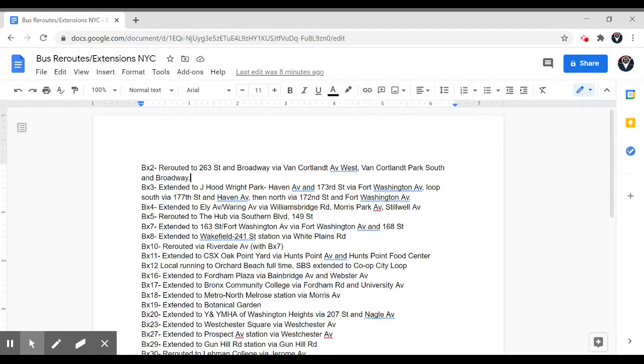So the BX5 went through a small reroute. Its terminal is near the Simpson Street station, and it kind of meets with the BX4, 4A, 11, 19, 27, and 35. It kind of meets with all those bus routes. It's a little overserved if you ask me, but